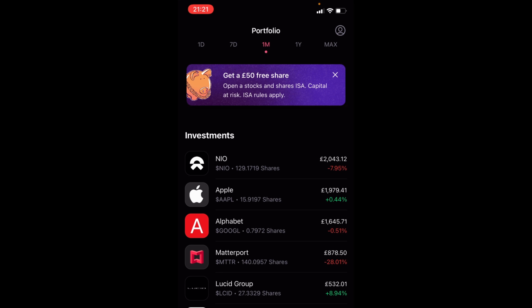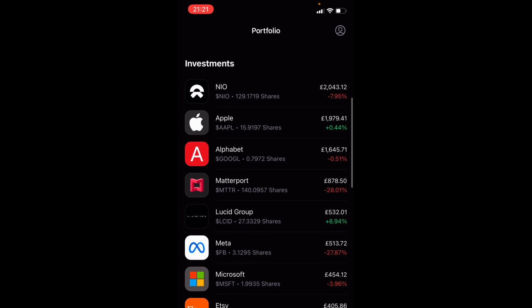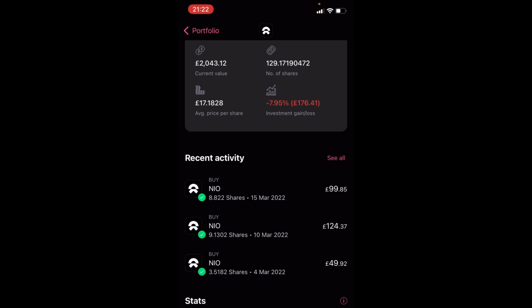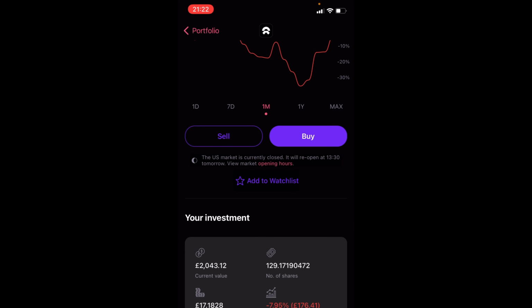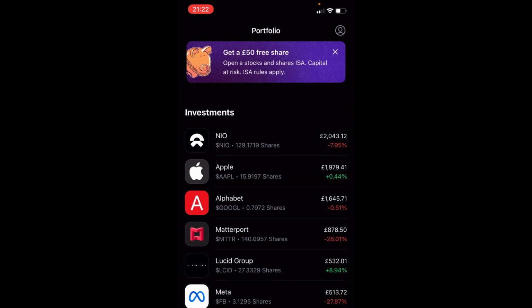So this is my Freetrade portfolio here, and as you can see, we'll scroll on through and have a look at all the individual holdings. So NEO here, we have recently put some buy orders in for NEO. It's been down a little bit over the last month or so. As you can see, we went all the way down to about $14 a share, 14.10, almost busted through the 14 into 13, but it's now back up at 20. So that overall position there is down